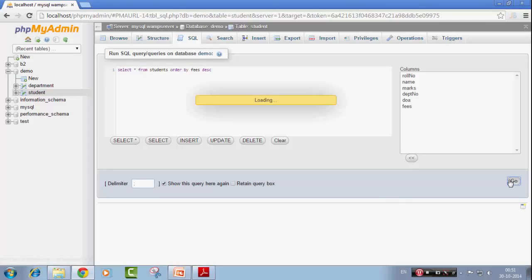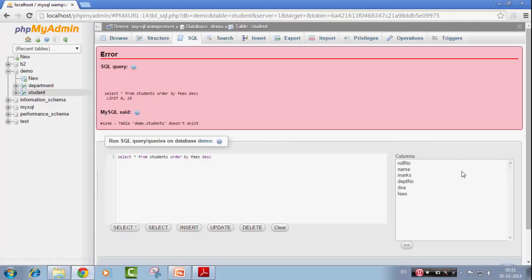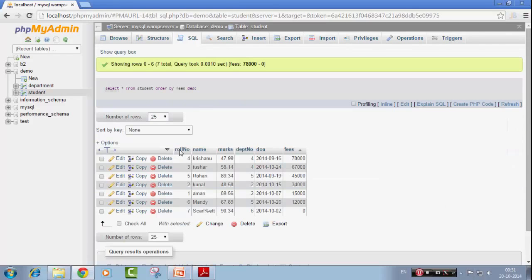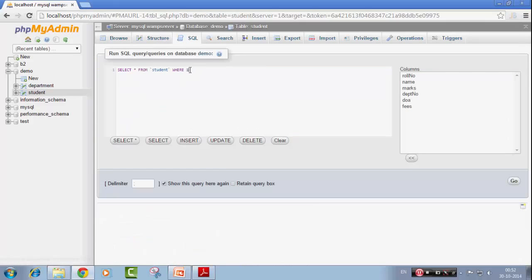So that should give me, okay, students doesn't exist, so I just misplaced the name students. Okay, so I'll just go student. Yeah, so I just got the entries in descending order of fees. So I can just say, okay, select star from student,